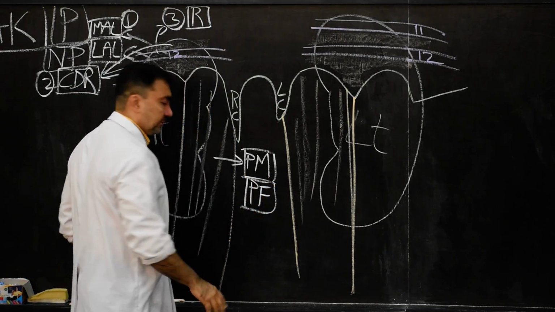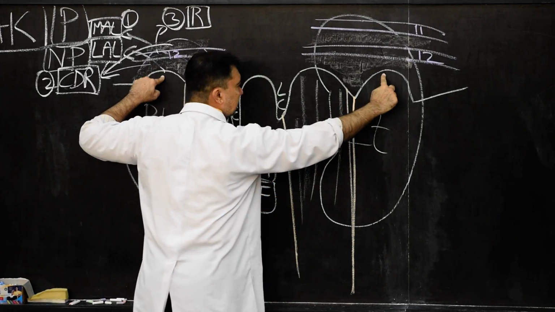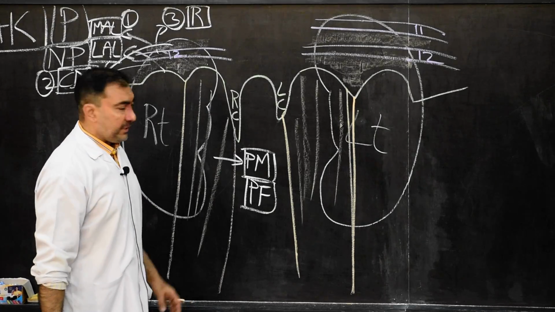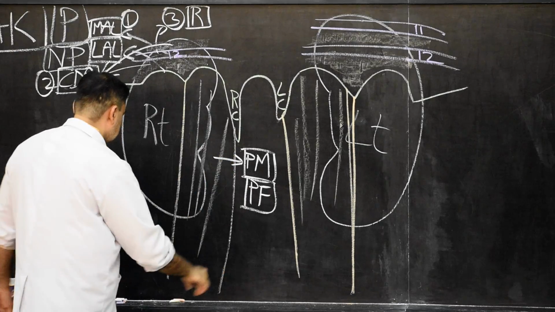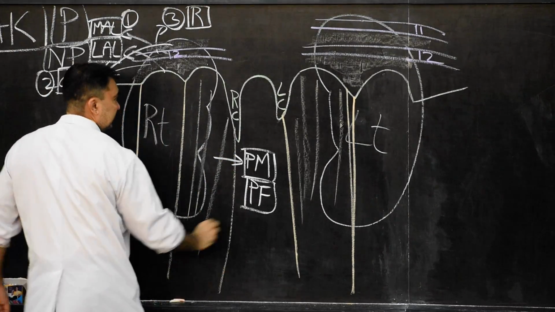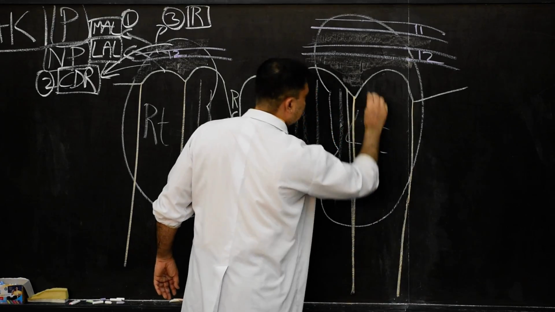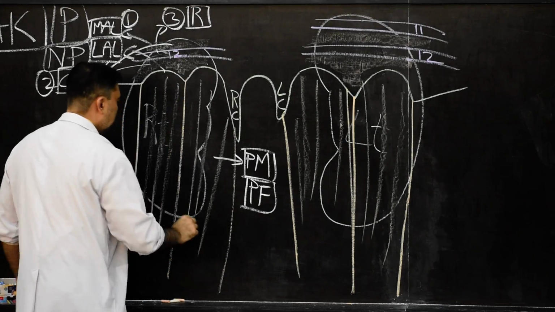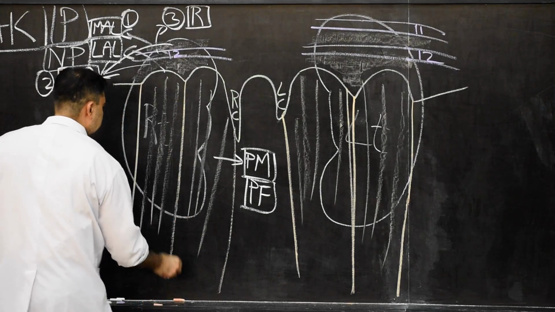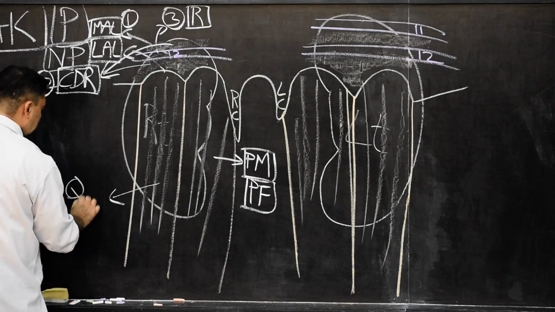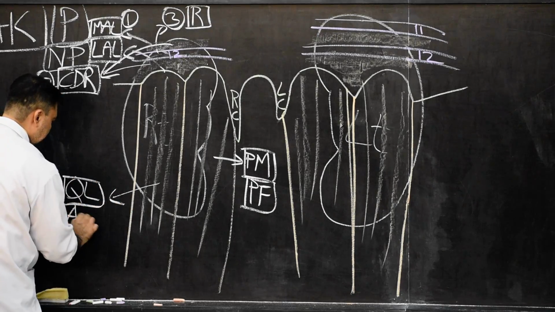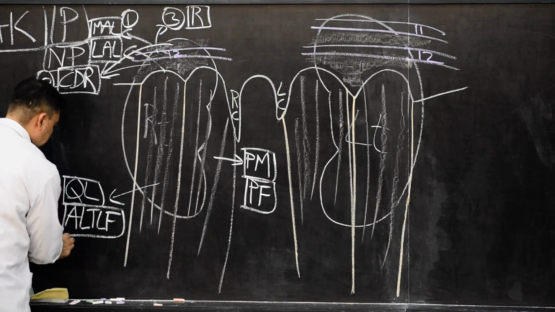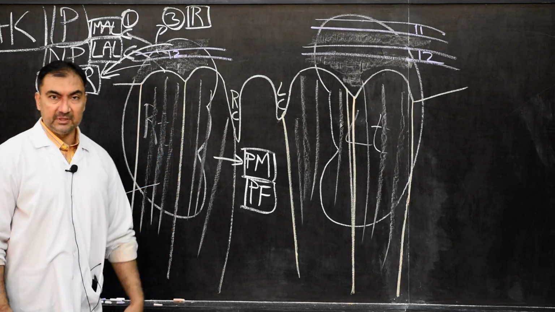Now lateral to psoas major muscle, the two lateral arcuate ligaments are there. Below that, we draw another muscle, and that muscle will be the quadratus lumborum. Here this is the basic outline, and here we show this muscle as the quadratus lumborum muscle, which is covered by the anterior layer of thoracolumbar fascia.